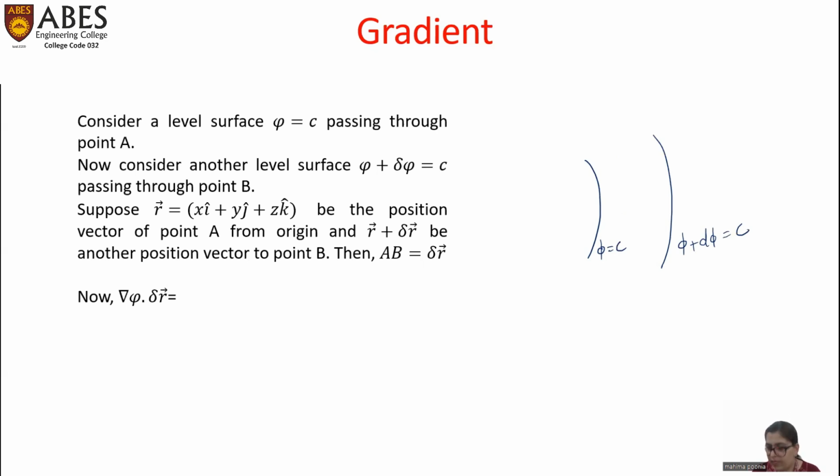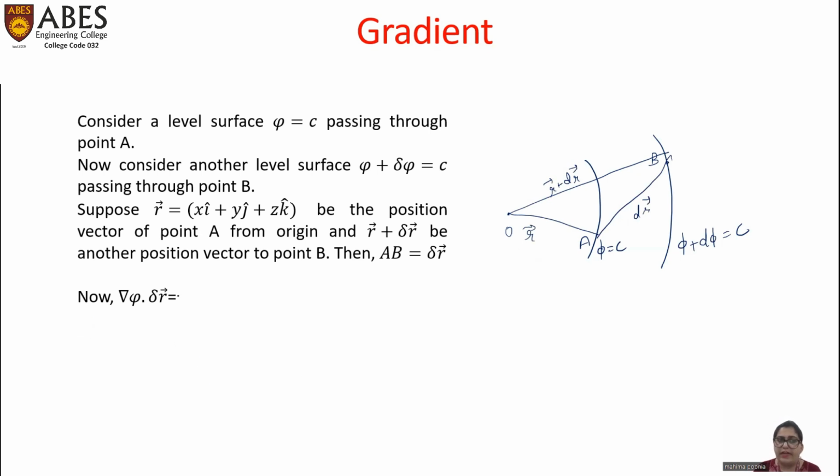First, they must never intersect, and secondly, they must be on the same level, such that they have the same origin, that is O. Let us suppose our particle is lying on surface 1 at point A, and on the second surface at point B. The position vector OA is given by r. The position vector OB is given by r plus delta r. And this AB will be